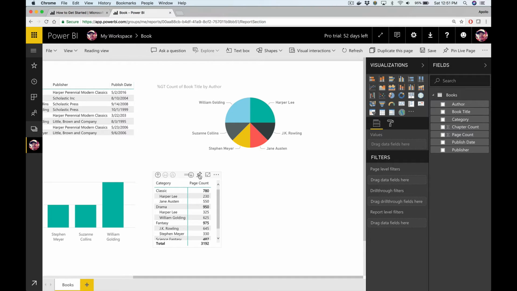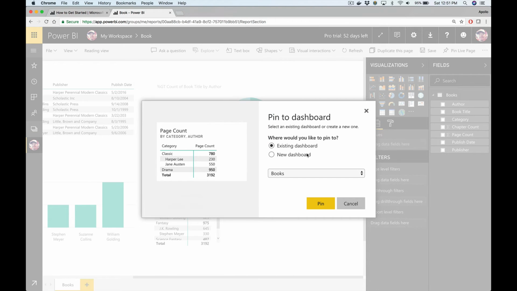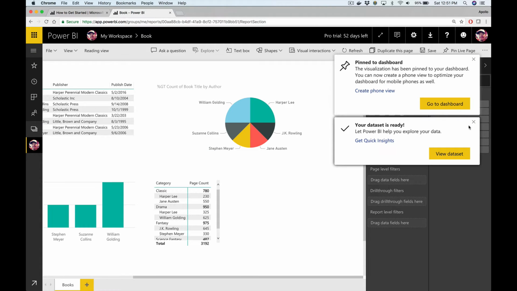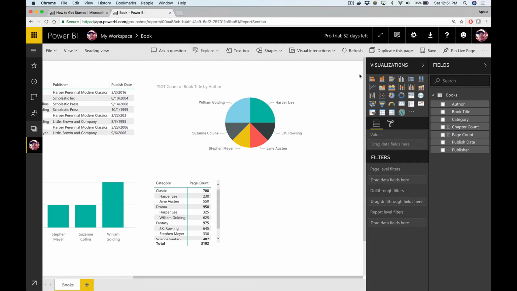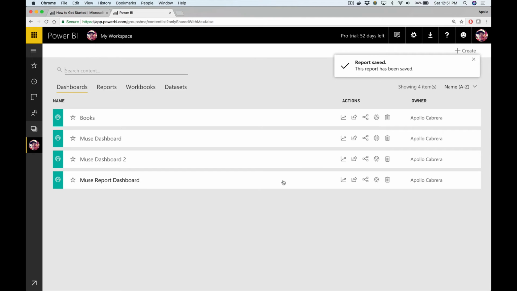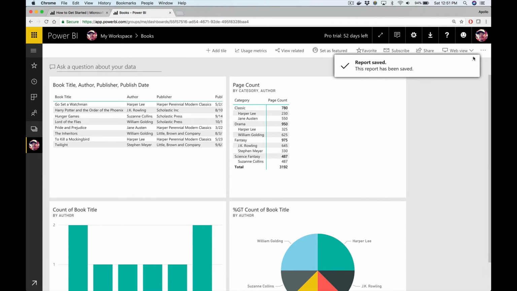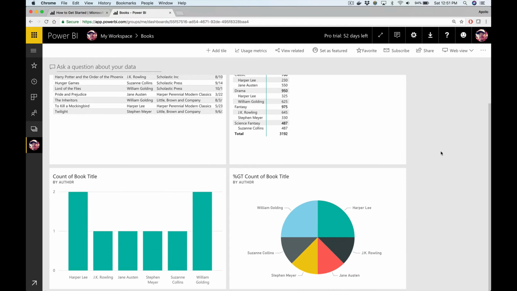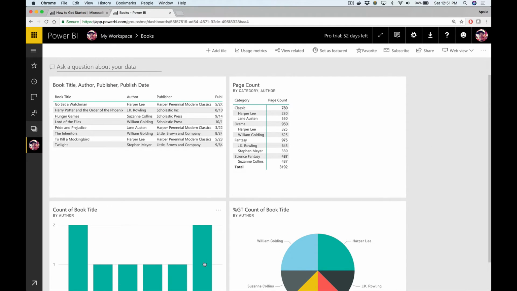So let me go ahead and, the reason I changed this size is so that by the time it gets to be pinned, it's a usable, well-formatted visualization. So now I'm in the report, and now I can save my changes, and I can go to my bookmark or my dashboard and see all the visualizations that I put there. And you'll notice the order that this is in is not the same order that it was in the